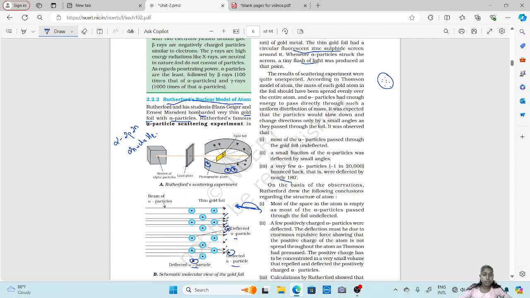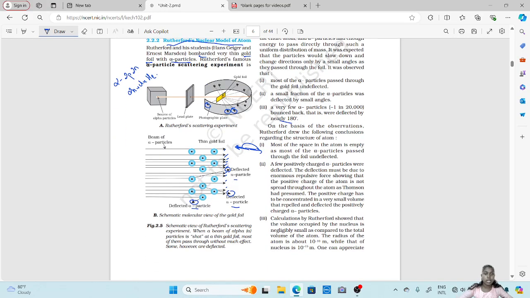So on the basis of the observation, Rutherford drew the following conclusions regarding the structure of the atom. So most of the space in the atom is empty. So what he said,